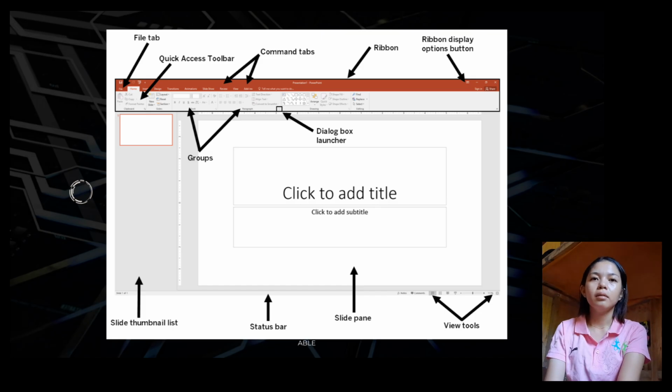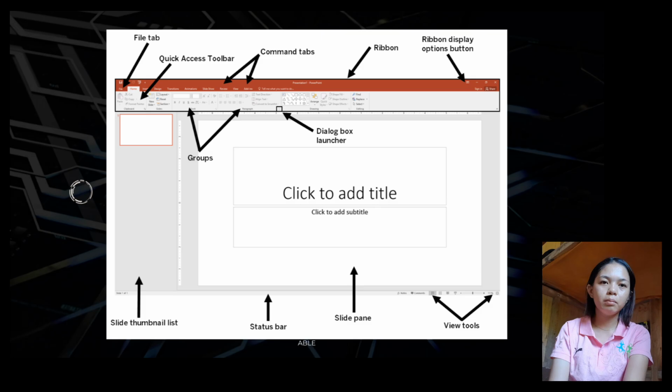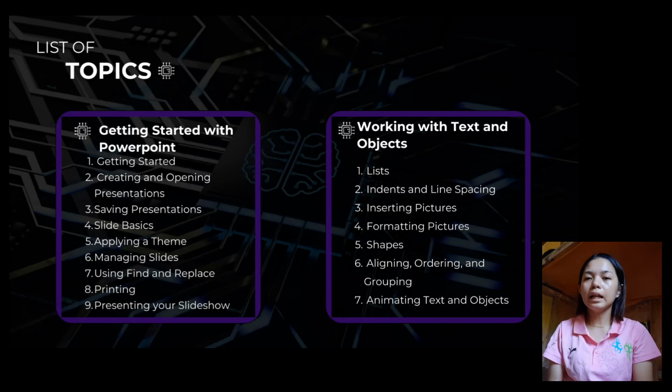And then, makita nato po ang slide pane, the status bar, and sa pinaka bottom part is the view tools. Kung ganina na ay mga list of topics sa Microsoft Excel, here in Microsoft PowerPoint, naa gihapoy mga list of topics,